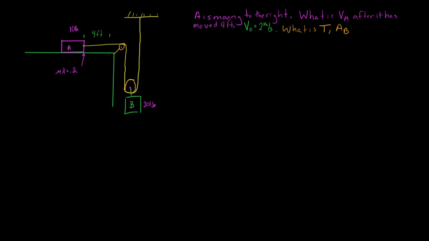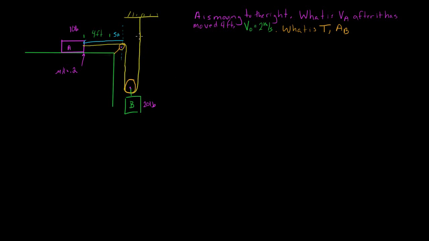In order to figure this out, the first thing we have to do is dimension our pulley system appropriately so we can figure out the acceleration relationship between A and B. To do that, we dimension the length of the rope that moves, and we're going to call this blue length S sub A,